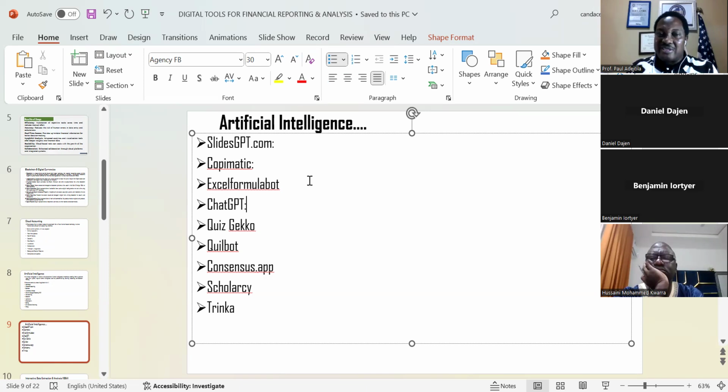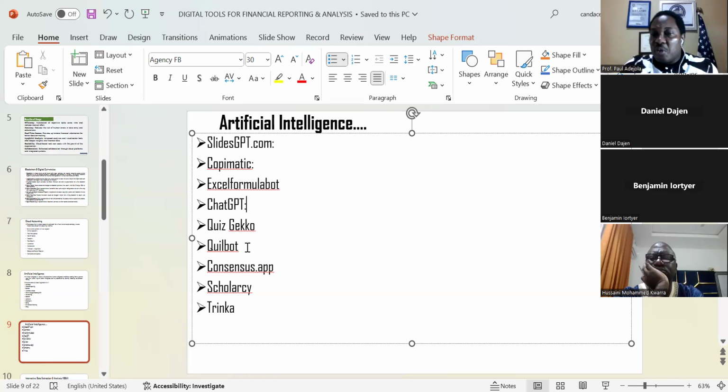All you need with this Quiz Gecko is the same note you have given to them, or the manual, if it is a lecture manual. You import it into Quiz Gecko and give the instruction: set 20 multiple choice questions based on the content of this manual. And you decide whether it is 4 options. Within minutes, Quiz Gecko generates these questions for you, so that if you have 20 questions, the one seated here has a question different from the next. There are a lot of things there.